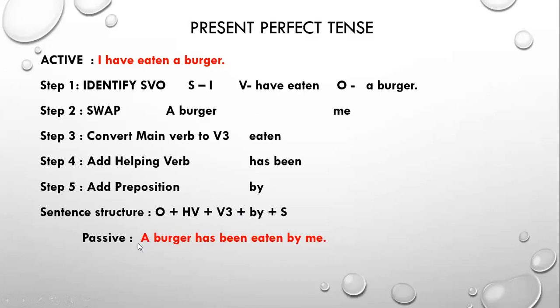तो हमारा जो object है actually वो subject बन गया है, but even then it is an object. It is not working as सब्जेक्ट, क्योंकि सब्जेक्ट वही है जो हमें हु का आंसर देता है, और हु कौन है? मी. ओके. सो अब burger के साथ we cannot use have, we are going to use has. Then the appropriate helping verb is been, has been. You will remember in all the perfect tenses you are going to use been. So a burger has been, third form is already given, so it is eaten, then preposition by and I will become me. A burger has been eaten by me.